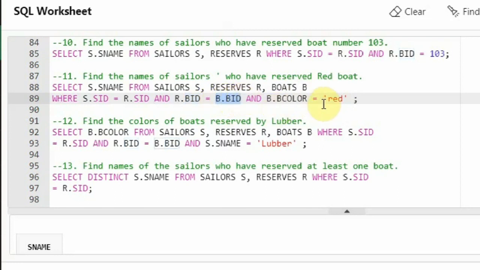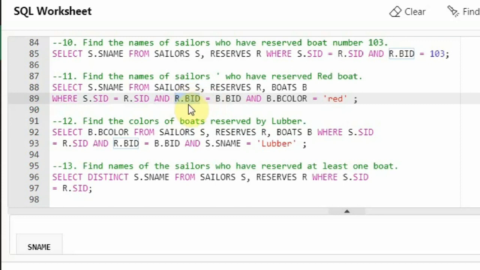From the boats table I am getting the BID of the boat which is having the red color, and this BID I am matching with the BID that is there in the reserves table. After matching, some tuples will be selected in the reserves table. Those are the tuples which are red color boat ones.